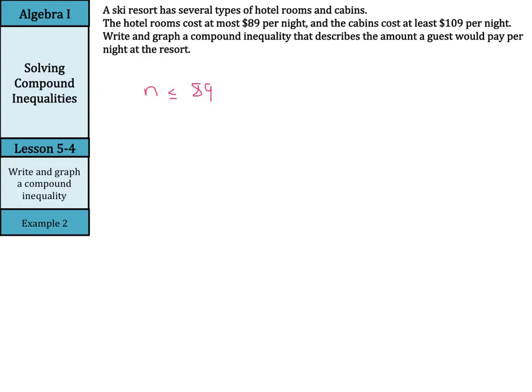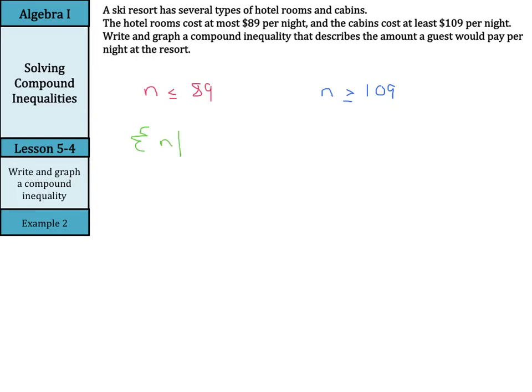Now, the cabins cost at least $109 per night. Well, is 108 at least 109? No. Is 110 at least 109? Yeah. So for that one, it would be n is greater than or equal to 109. So when we go to write the solution set for this one, we would have, okay, use our brace,